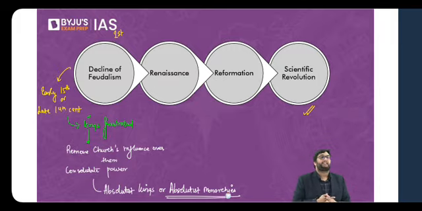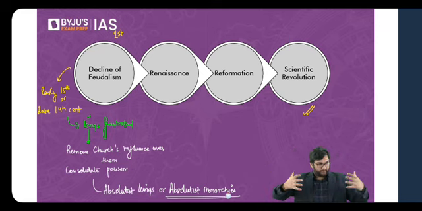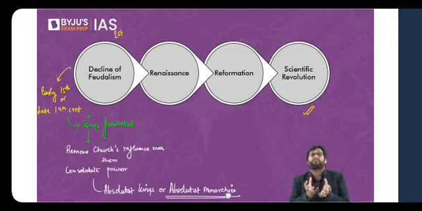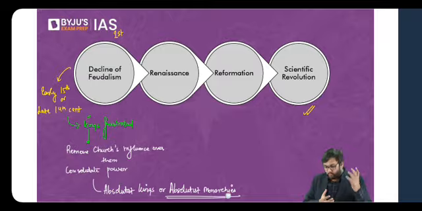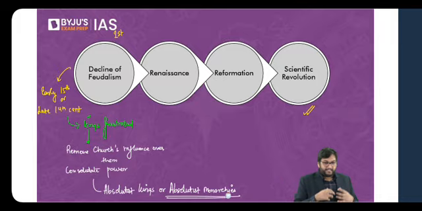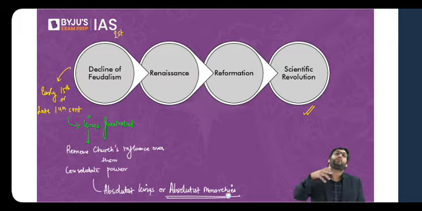Absolutist means that they started to take away power from the church and started to appropriate power in themselves, and therefore they had absolute power. So mostly these are called absolutist monarchies or absolutist monarchs. They were extremely frustrated by the way the king was controlled by the church, or how the church used to interfere.